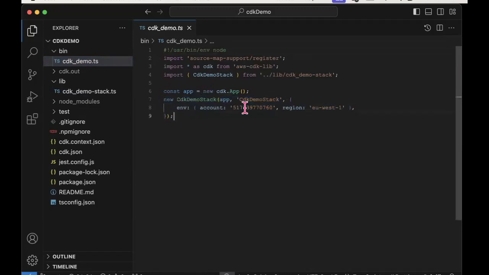You don't actually have to specify my AWS account ID. It would work it out anyway from my command line here. And you don't have to specify the region either. I am putting them in here, but I could have left this entire line out and it would still work, because I have the AWS CLI configured locally, and in my local configuration, my default region is eu-south-1. And of course, this is my AWS account ID.